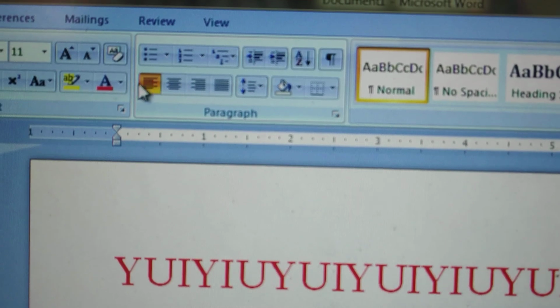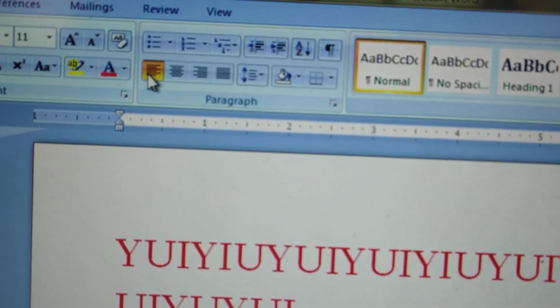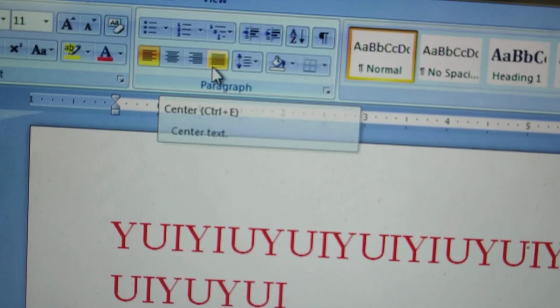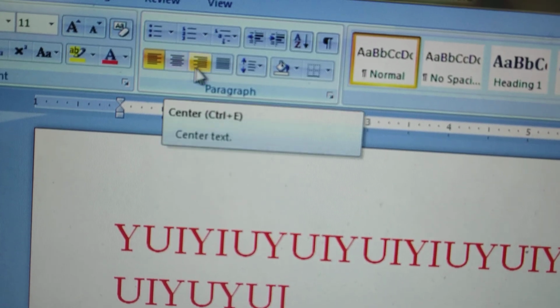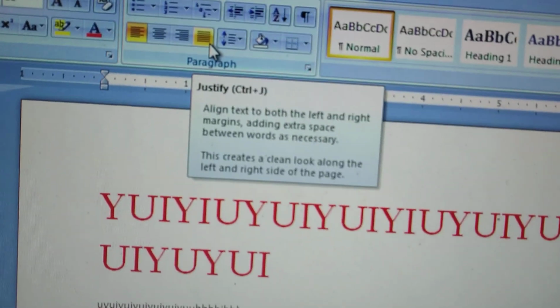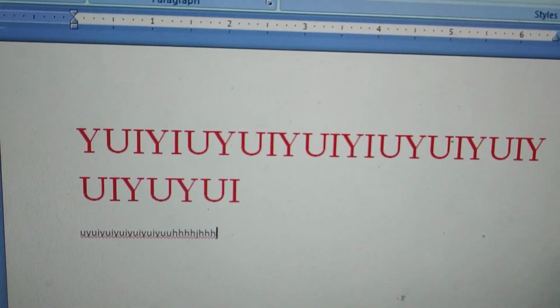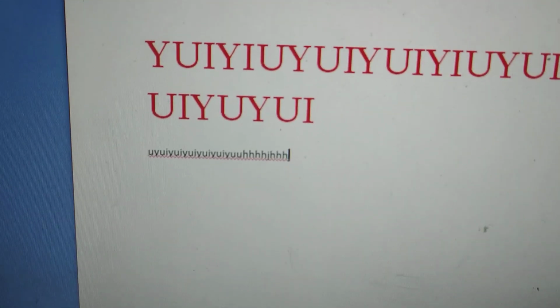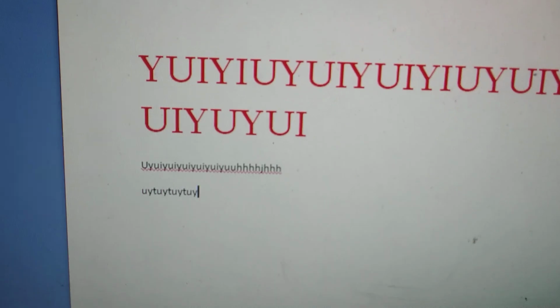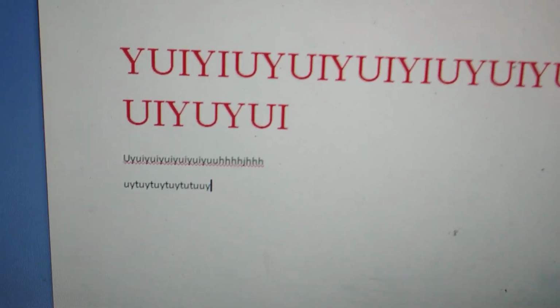Okay, now here 4 types of alignments are there. Left alignment, right alignment, center alignment, and justify alignment. When you click on the left alignment, the handwriting will start from the left side of the page.